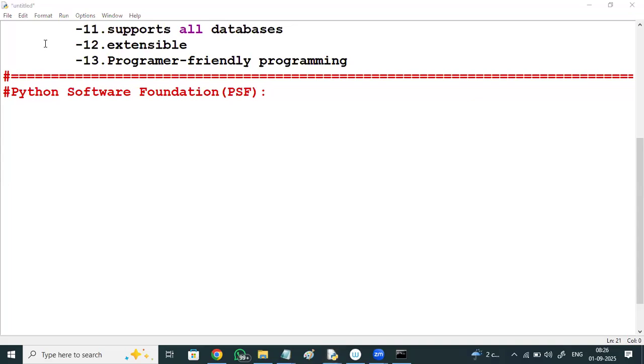Jitendra, any query you got? No. Okay. Yes. So during this, if you got any query, immediately you can unmute, you can ask your queries. Otherwise, general queries you can ask at the end of the session.